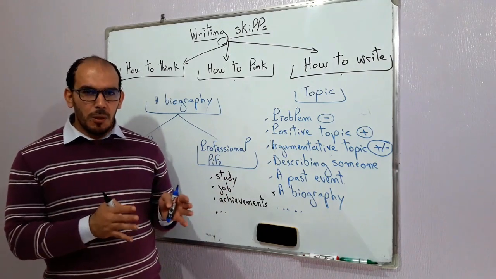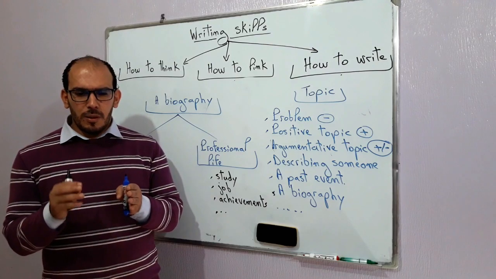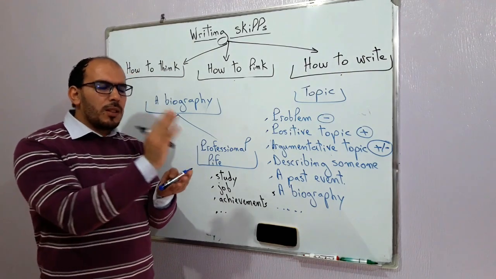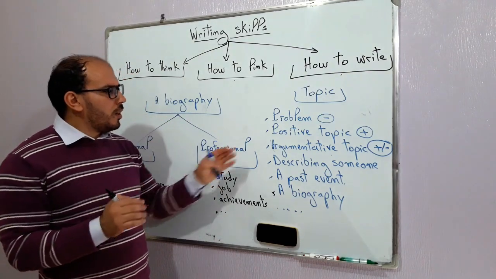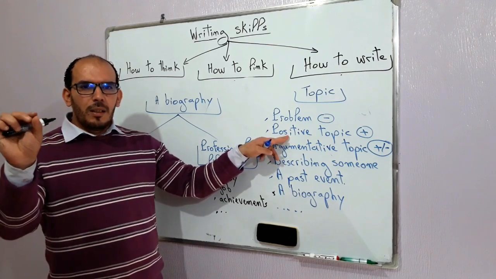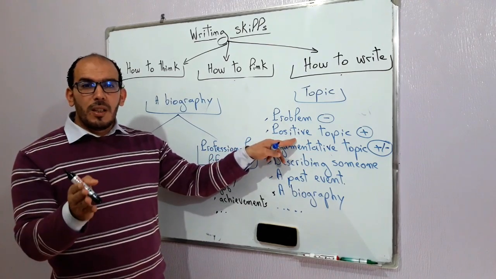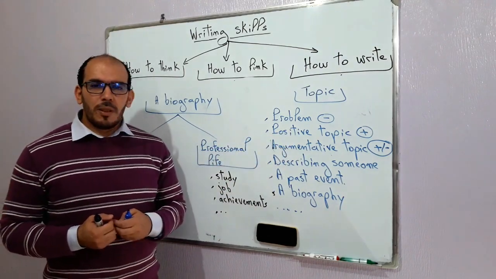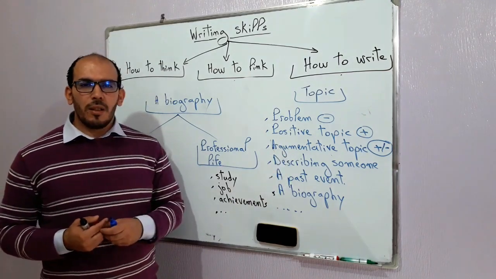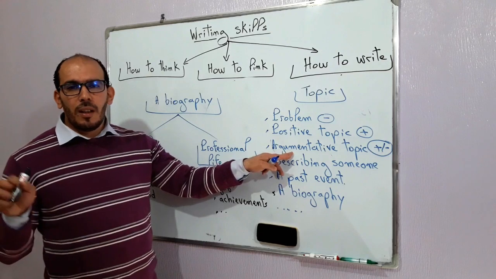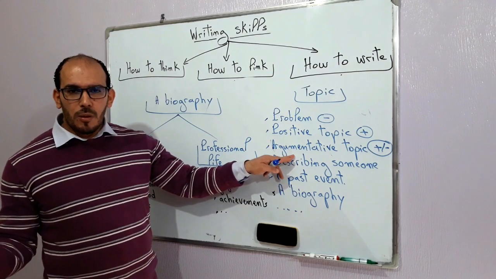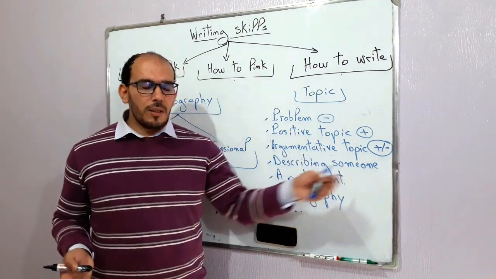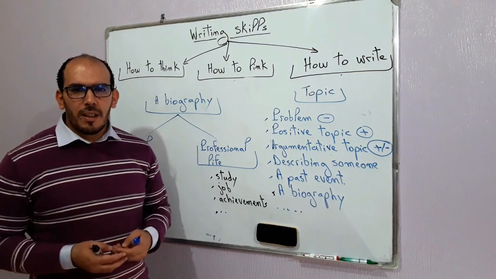It's like a computer. So I have files in my computer. Whenever I want something, I go directly to this file, and in every file we have certain categorization of ideas. So it's the same. Whenever I have positive topics, I go directly to advantages. I should give advantages, and then I have to give examples. For argumentative topic, when we have a controversial issue that I have to write about, I should introduce why people are for, and I give certain advantages, then why people are against, and I give certain disadvantages,